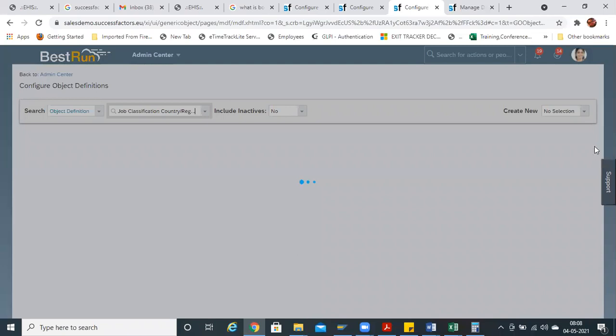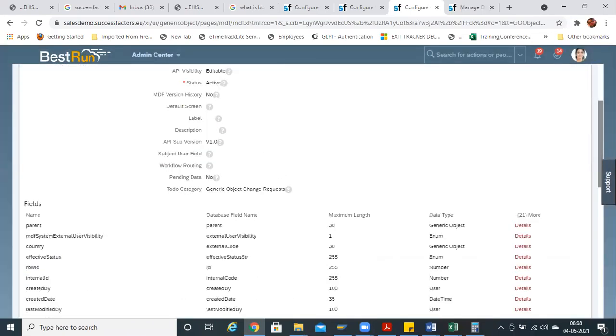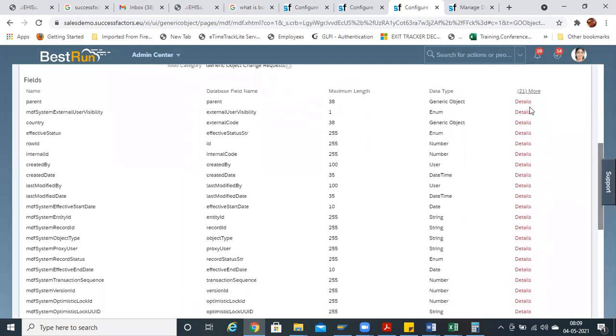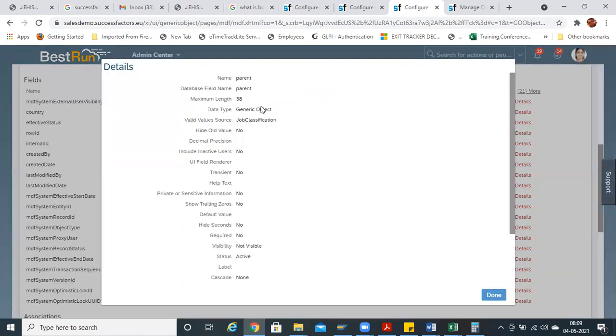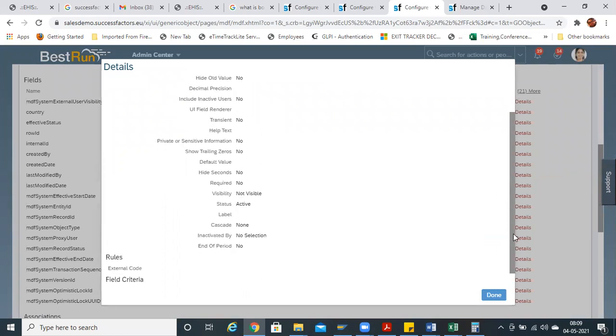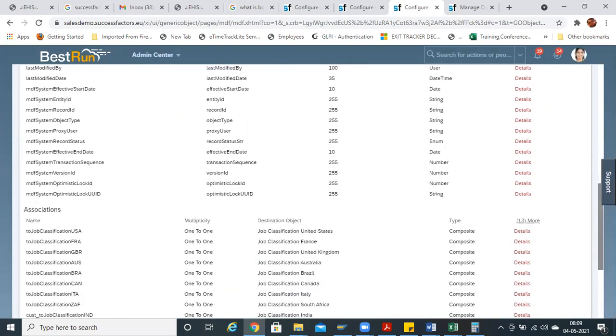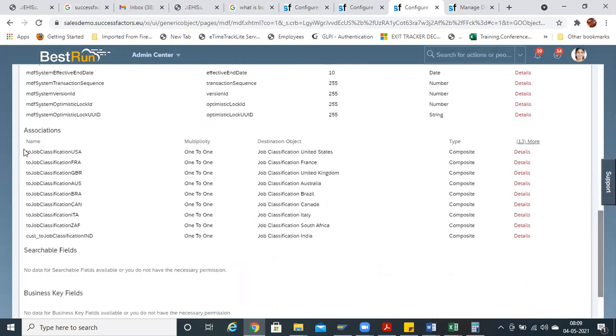If you click this, here those associations are built up. So whenever you are creating associations for any job, these are the standard associations built up. For India, it is not there.